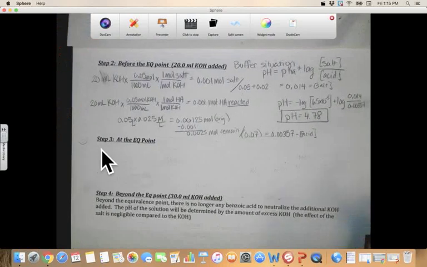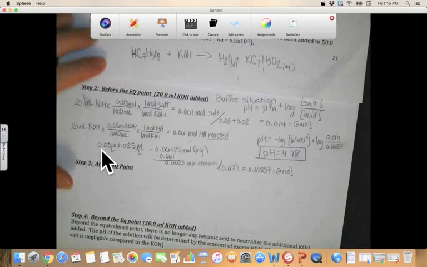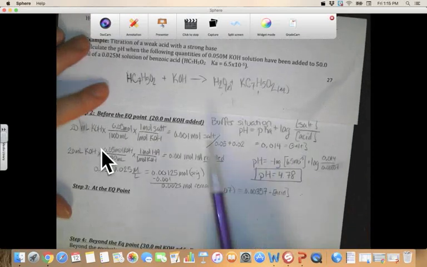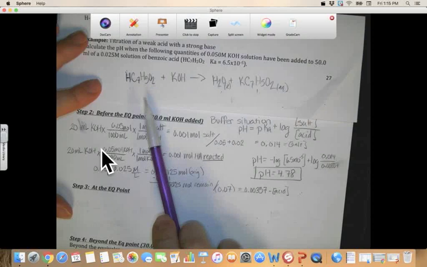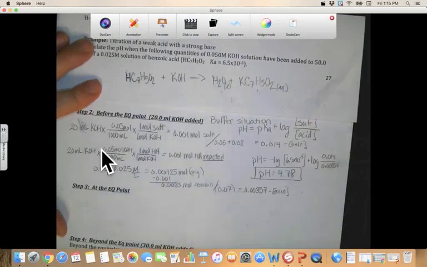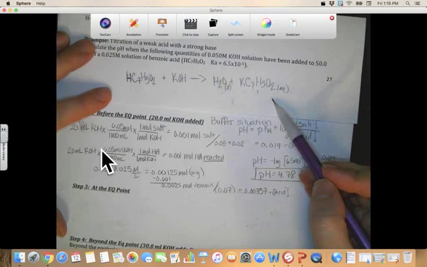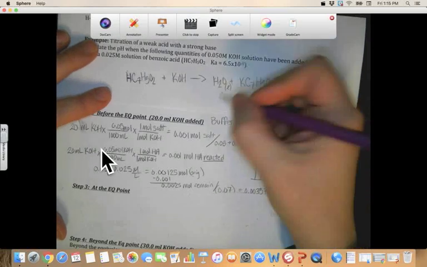Okay, now how are we going to find the pH at our equivalence point? Well, we need to think about what exists at our equivalence point. We have stoichiometric amounts of acid and base, so we have no extra acid or base. What we have is water and the salt, and this salt is completely aqueous, and it's going to ionize 100%,